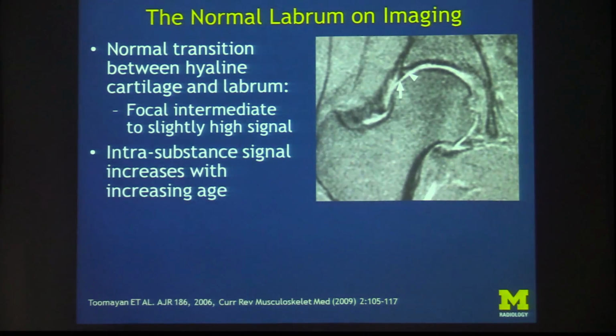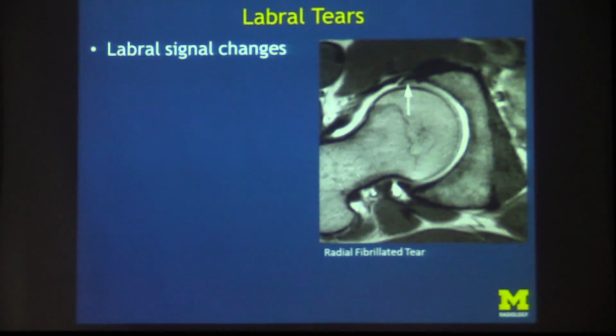The transition zone, as you can see here, can have an intermediate signal, and in older individuals, the labrum may have an intermediate signal as well. So how do labral tears look on MR and MR arthrography? First of all,